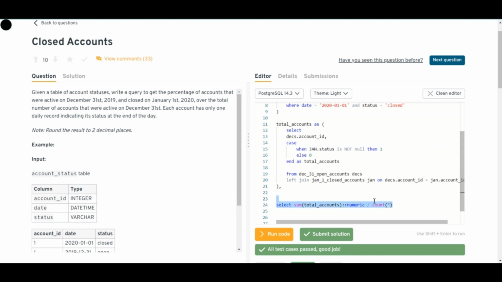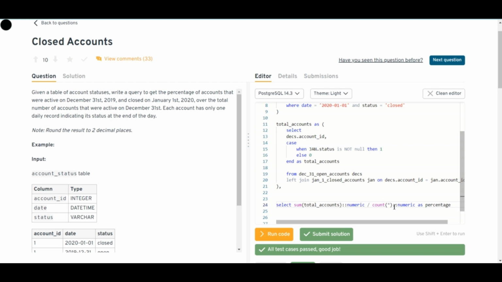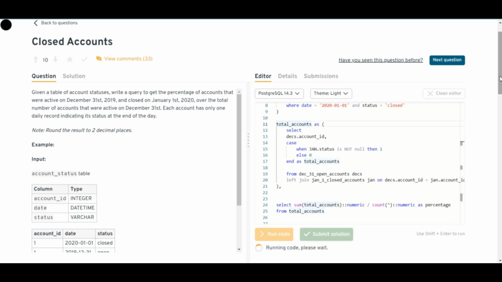So it's the same equation that we did: the accounts that were active on 31 December but were closed in Jan, over the count of all the active accounts. So we're gonna turn this into a numeric, then say as percentages, right? And this is all coming from the total account table that we just created. So if we run this,